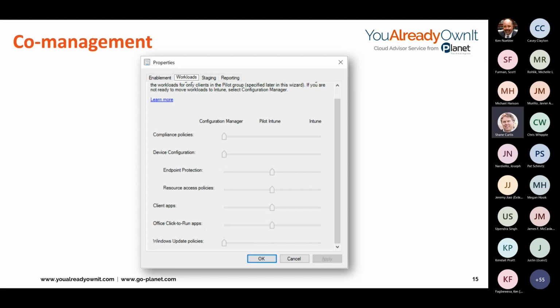So what I usually tell customers is that the journey from doing Windows updates in Config Manager to Intune is basically: you want to set up that pilot group and start moving at least a few devices in there as your initial pilot, and say, okay, what's this going to look like? Let's start doing patching through Intune, and let's continue doing everything else through Config Manager, and let's see how it goes. A lot of our customers have some sort of vulnerability